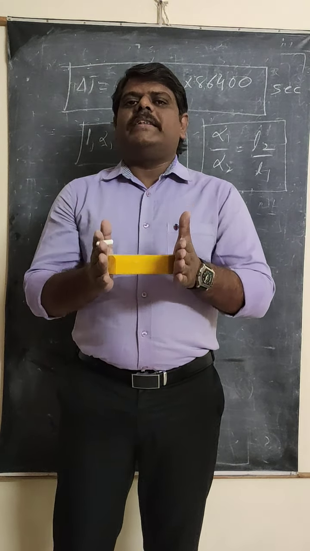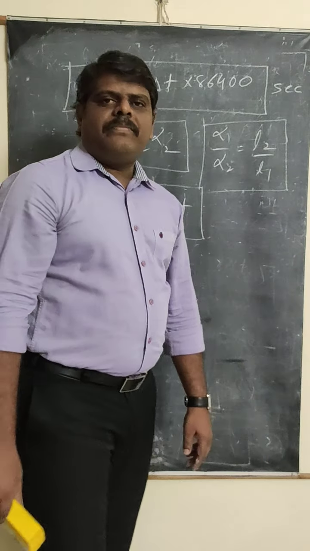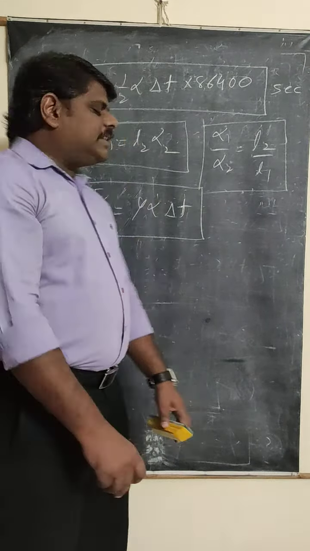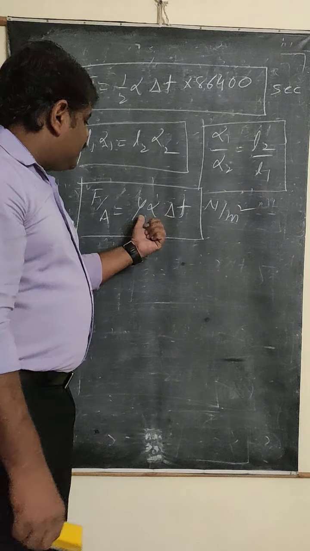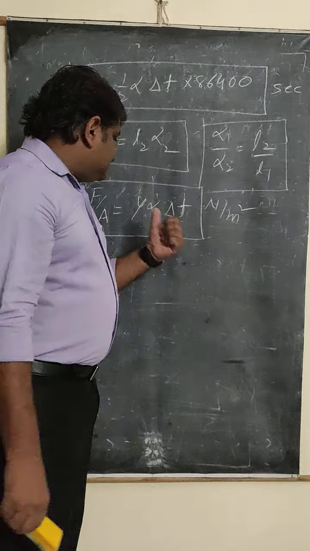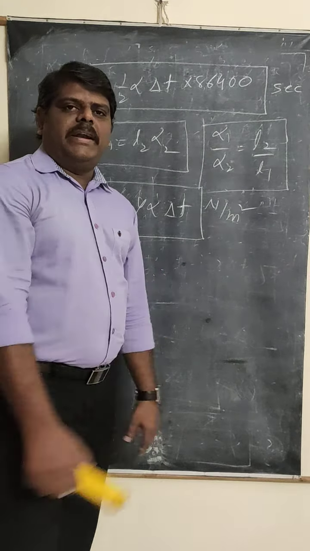I already told you in the last class that stress is nothing but pressure. Pressure P is equal to F by A, so the units will be Newton per meter square. This is the thermal stress we are going to calculate. Looking at the terms, Y represents Young's modulus. We will discuss Young's modulus in the elasticity chapter, mechanical properties of solids, because Young's modulus explains the stability of the material. Whatever rod you fix between the two rigid supports, its stability can be explained by this Young's modulus.